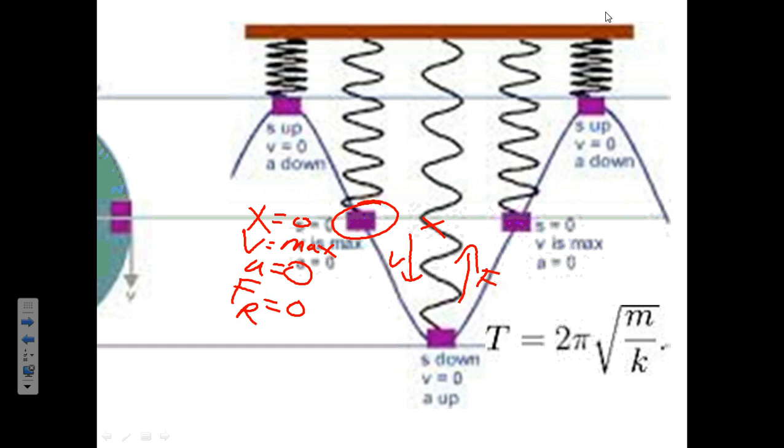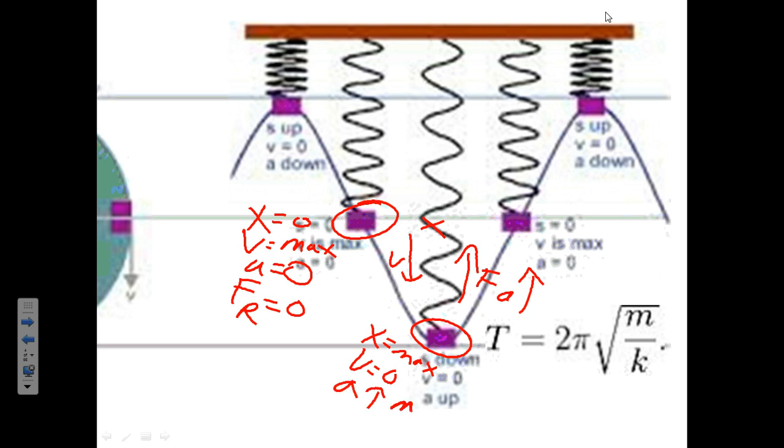Because if the force is this way, the acceleration is also that way, right? Whenever velocity and acceleration have opposite directions, we know that the thing's slowing. So eventually it slows to a stop down here. Down here we have maximum displacement. We have 0 velocity. But as soon as it stops, now what starts to happen? Now it starts to accelerate up